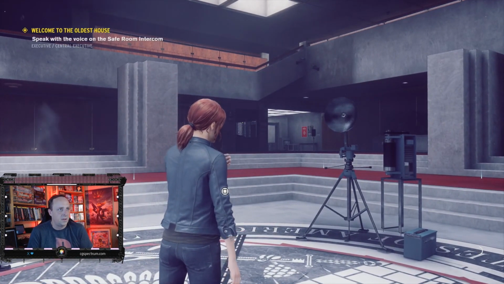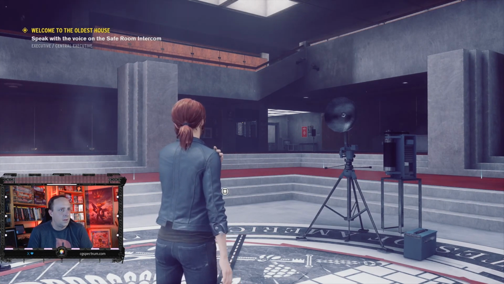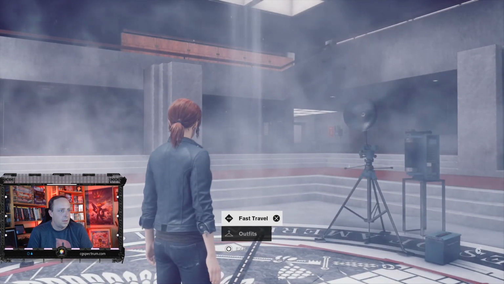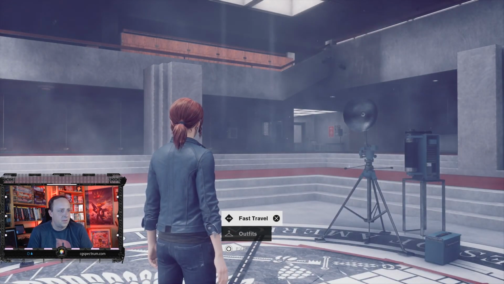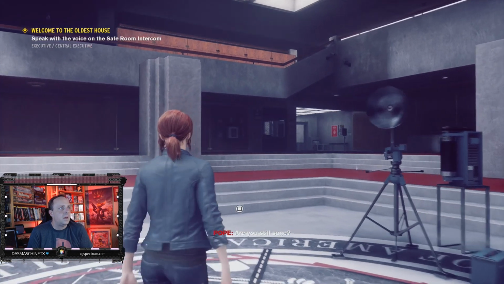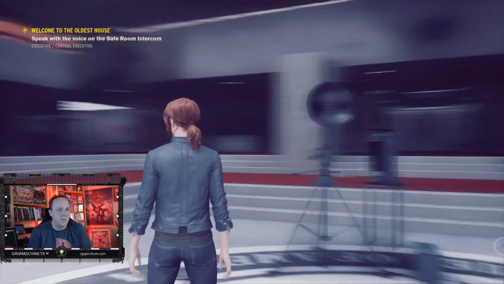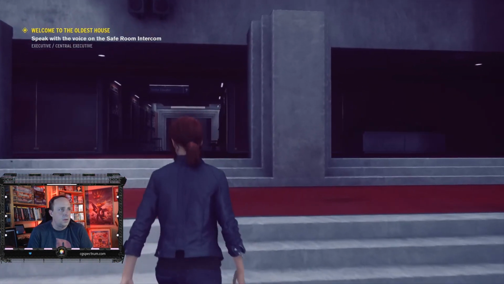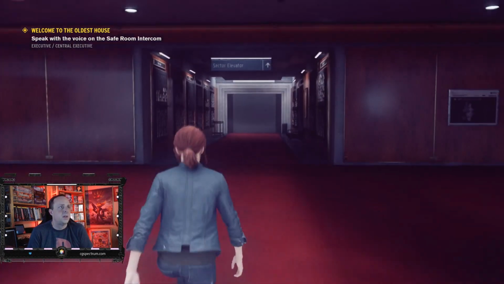You did it. We did it. Hello? Can you hear me? Okay, so are you there with us? With the Bureau? Are you speaking to the safe room intercom? But okay, I'm assuming this is the...